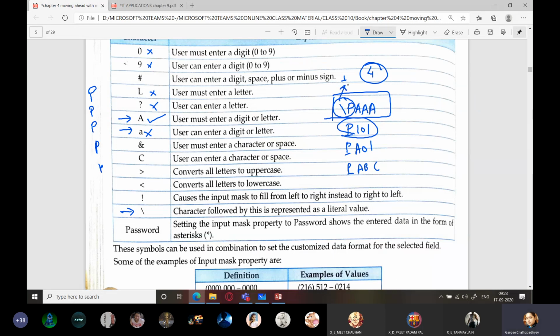And the rest 3, I want them to be either a digit or a letter. But the user must enter something. They must not leave it empty, the user has to enter something there. Got it? So 1 plus 3 gives me 4.